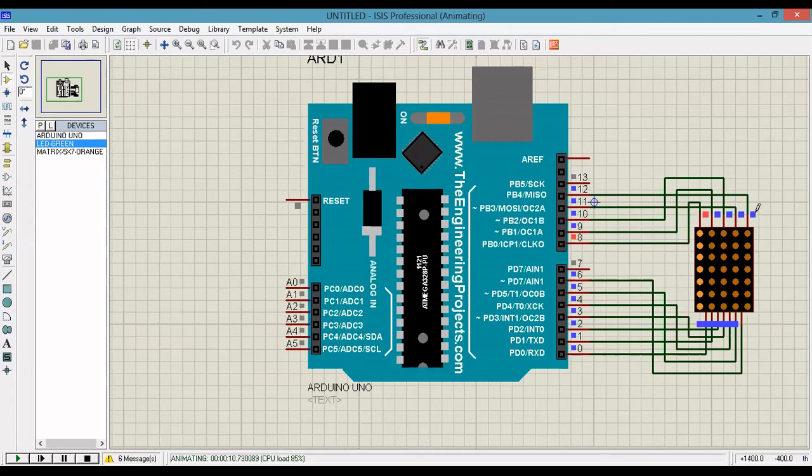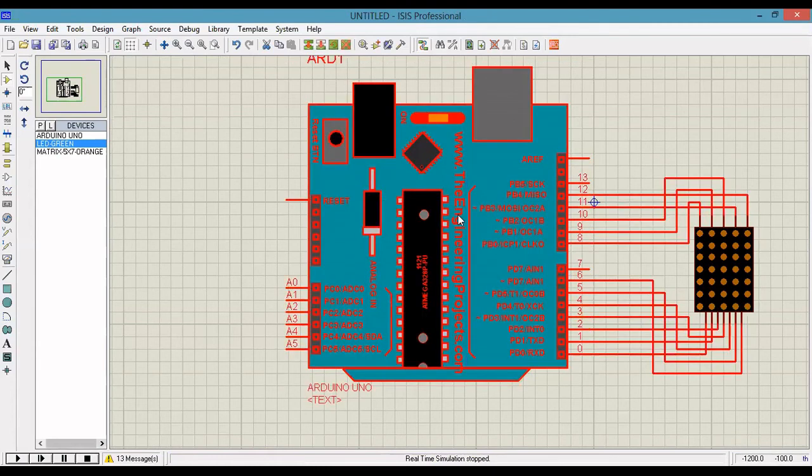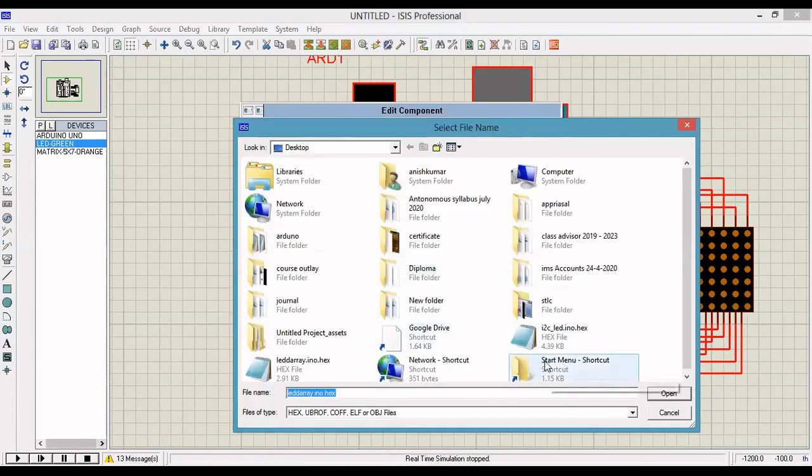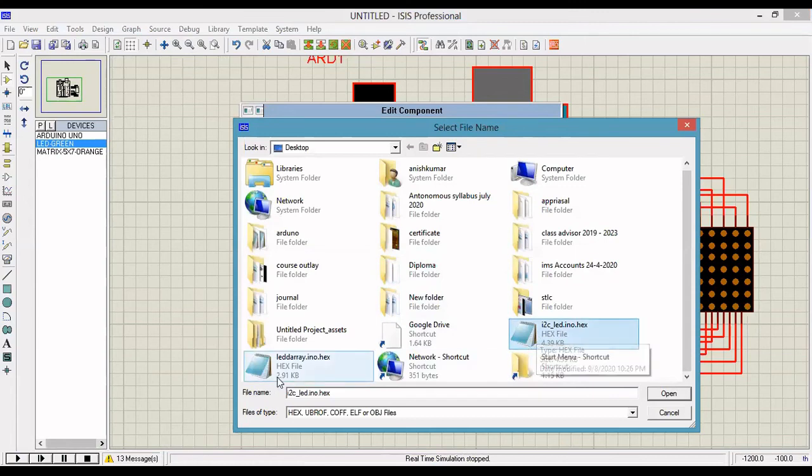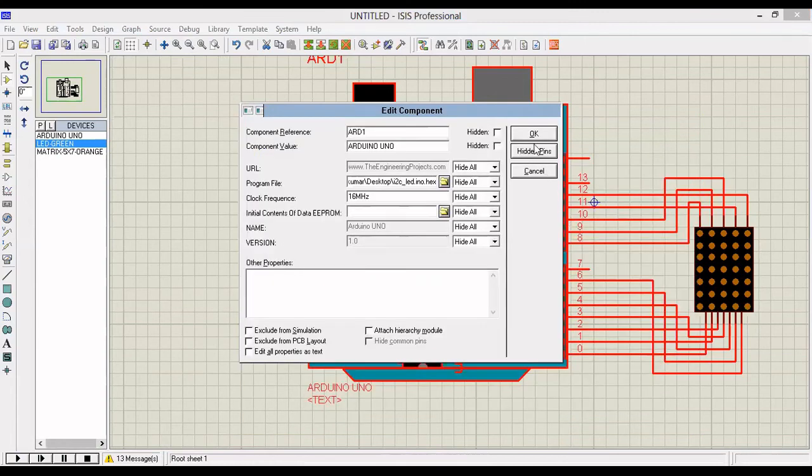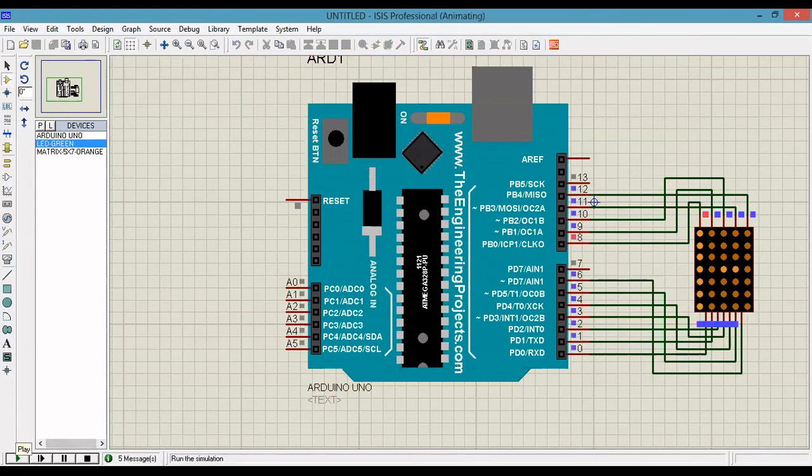So like this, if you want to enable all the LEDs, we have to write the program and you have to change the program. Now I will show one output, how to display H. So already I have written the program. So we can see here, we can display the H. Due to the color, we are not able to